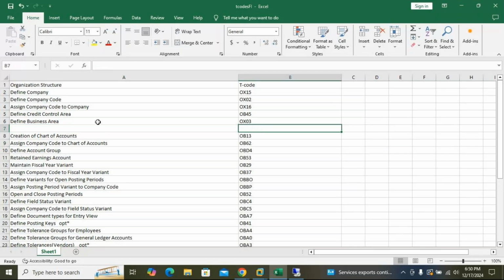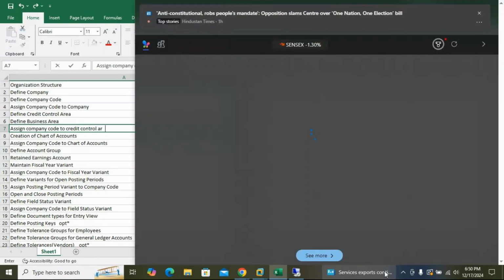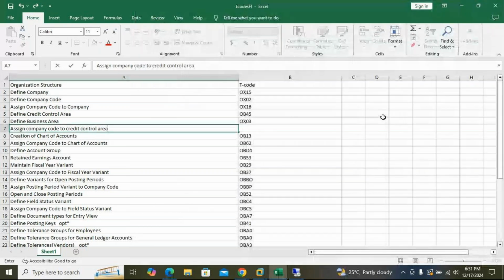That is called assign company code to credit control area.